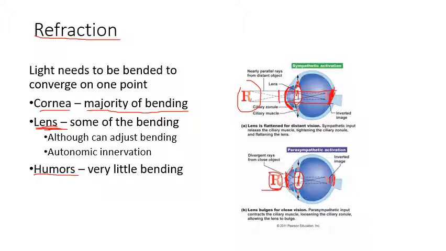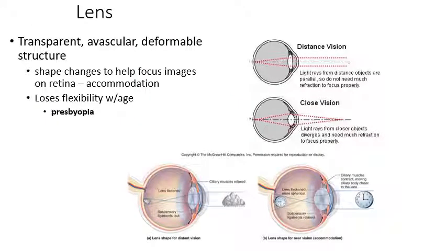So depending on what we're looking at, the lens can change shape to alter the refraction so we do get the focal point for the light at this location in the back of the eye. Lastly, the humors don't change at all and they do very little bending, but they do some of the bending. But the two main players are going to be the cornea and the lens. The cornea is going to do the bulk of the refraction, but the lens is going to be able to alter the refraction. So let's take a look